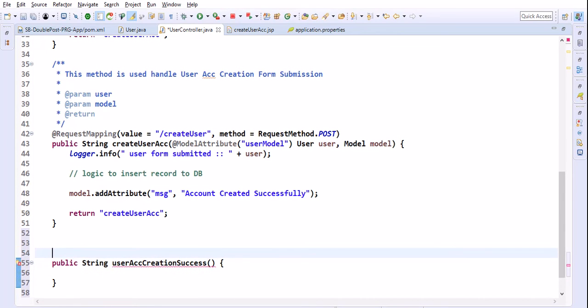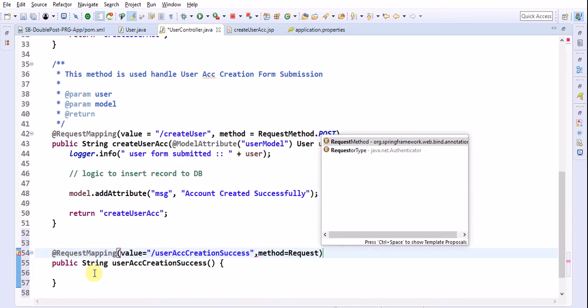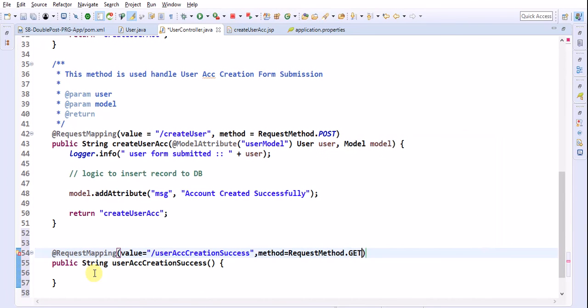Let me bind this method to @RequestMapping, value is equal to userAccountCreationSuccess, that is the URL pattern, method is equal to RequestMethod.GET.